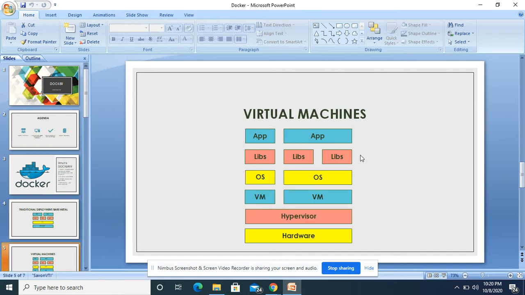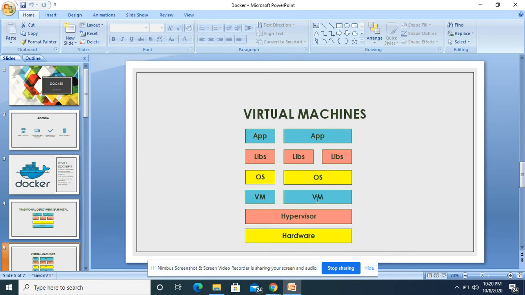In a virtual machine setup, again we have hardware. We set up our hardware like CPU, RAM, or the same physical machine. On top of it, we have a hypervisor. A hypervisor is a small program that bifurcates the machine into different VMs.